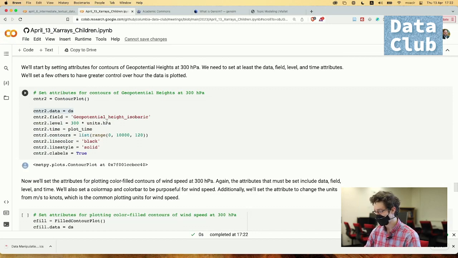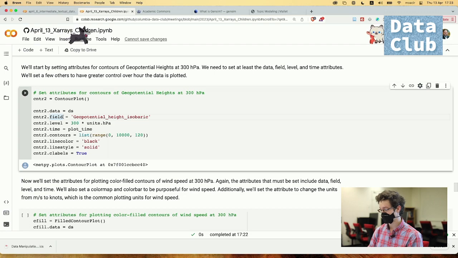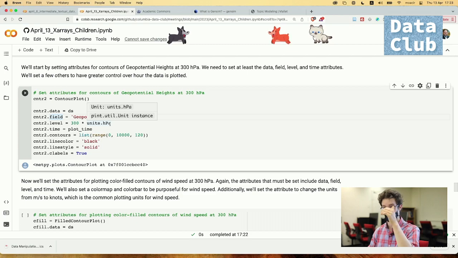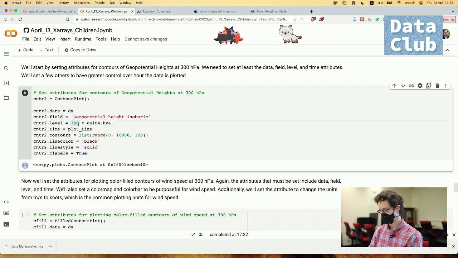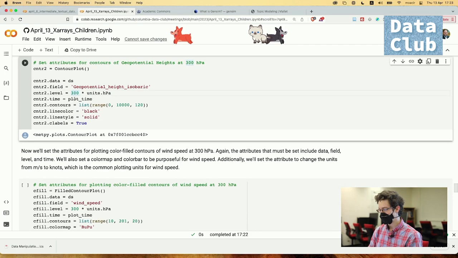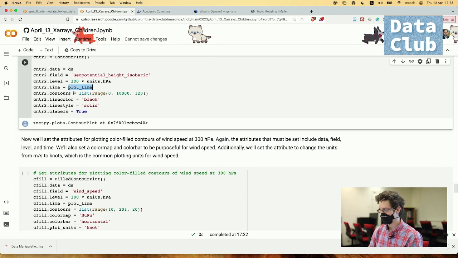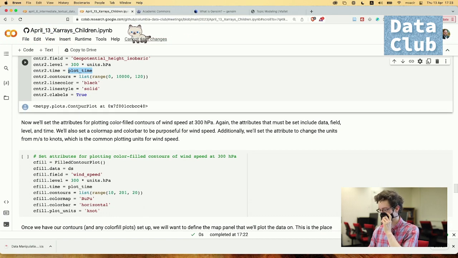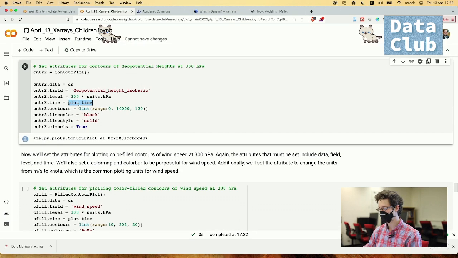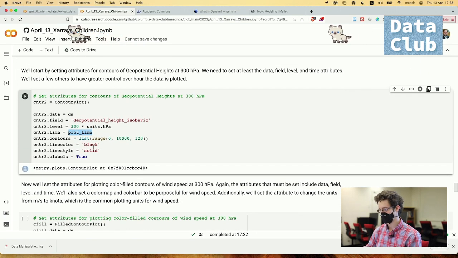So we've added, so contour plot now is associated with the full-on data set. We say we only want the field that is geopotential height isobaric, and we want a certain level for the contours. And we've already defined what time we want to be plotting in, set the contours, set line color. These are things that you typically would have to specify within something like,